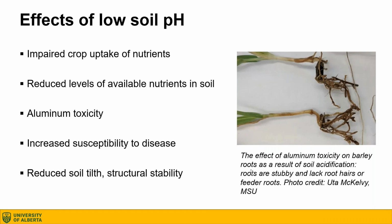But then I found this out of the US, where they have these barley plants that have grown in a low pH soil that is suffering from aluminum toxicity. If you look at these roots, you will find that there's no root hair and you have these stunted roots,